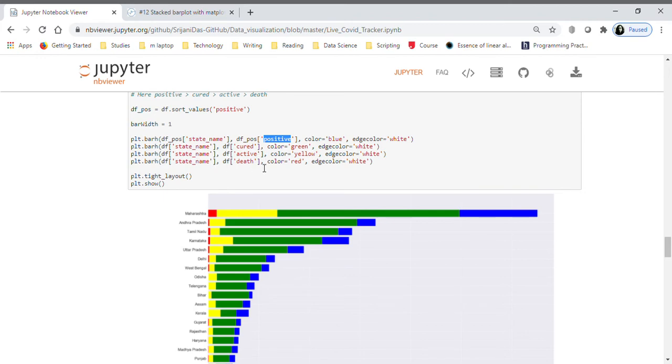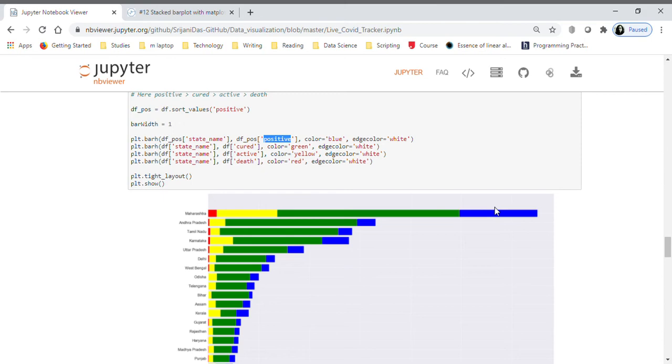Okay, so here we want to see for every state how is the amount of one thing with respect to another, like what is the proportion of cured cases with respect to active cases, like that we have to do.